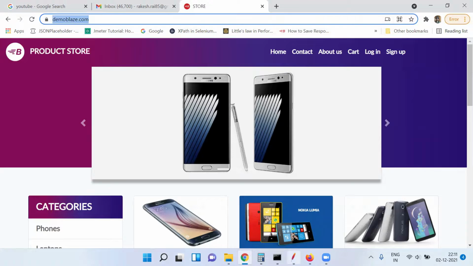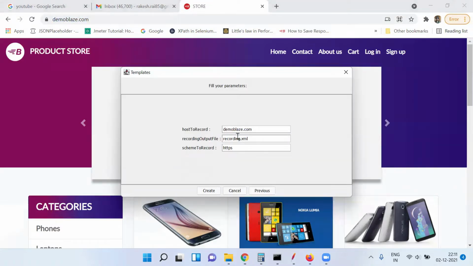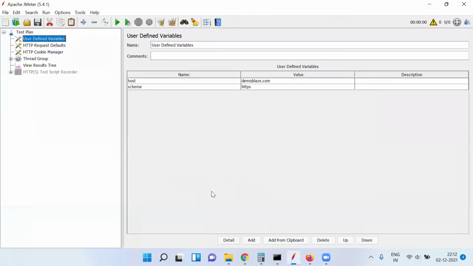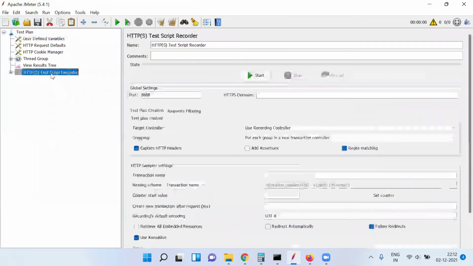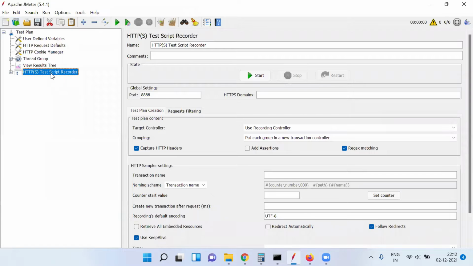So here I will go to JMeter, and I have written down this host to record, and now where I want to save the result. If I'm not giving any path, then by default it would be saved in the bin folder of JMeter. Let's create. Now this is the test script recorder where we will start to record our